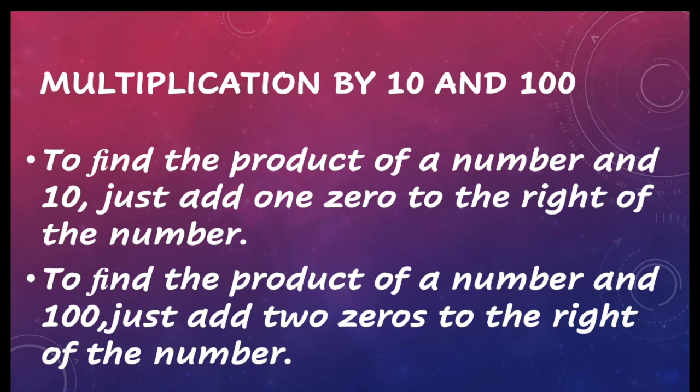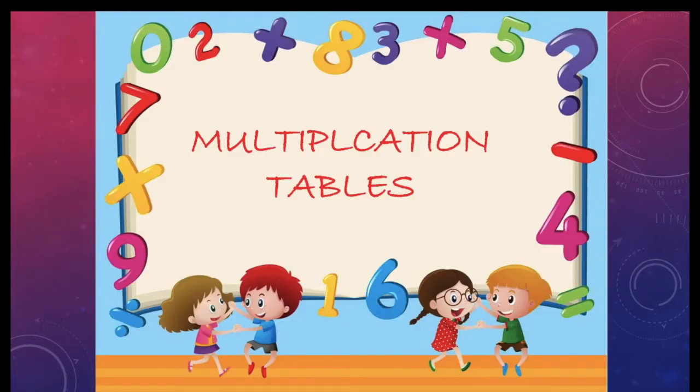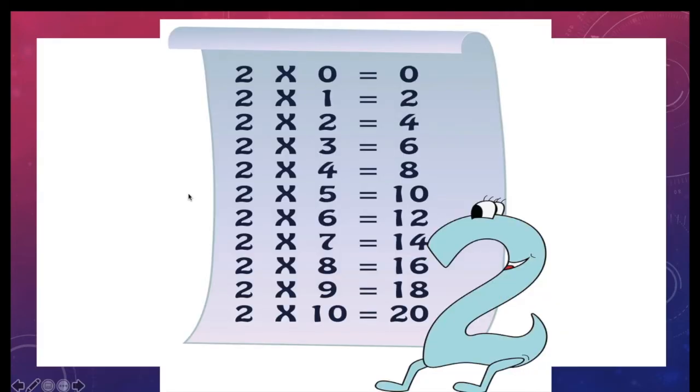So we have seen 4 properties. Come, let us see tables. Hope you remember the tables which you studied in standard one. Come, let us have a quick recap of it. So here we have two tables. As we discussed, any number multiplied by 0 will give you 0 as the product. Next one, 2 into 1 is equal to 2. This also we saw in the properties. When a number is multiplied by 1, it gives you the same number as the product.